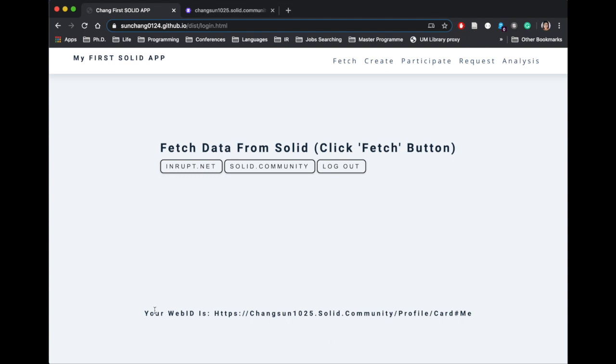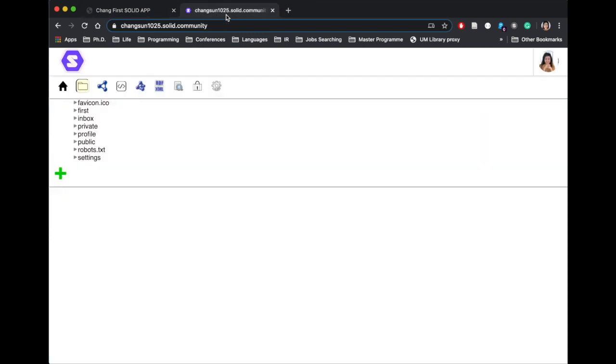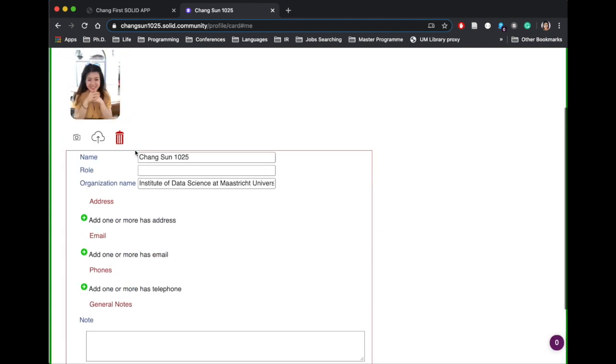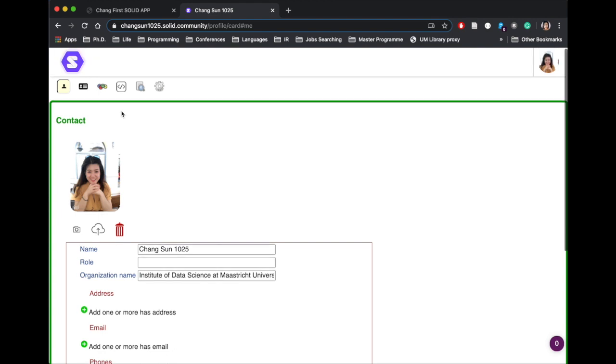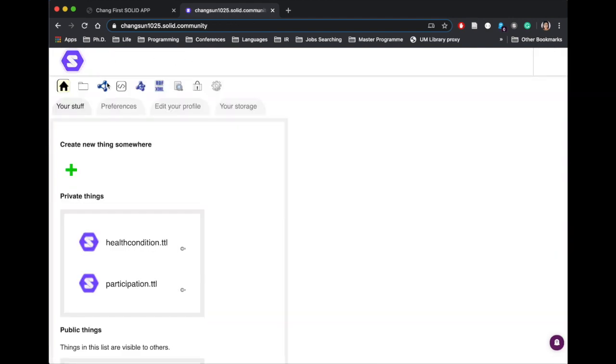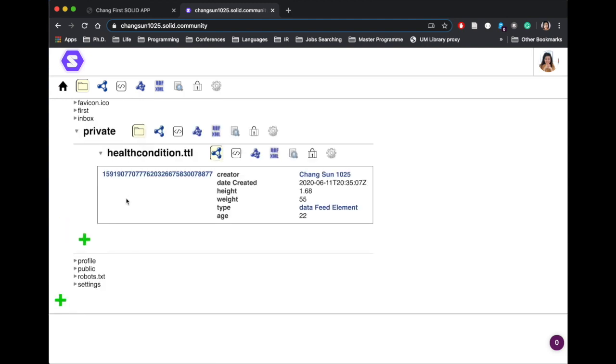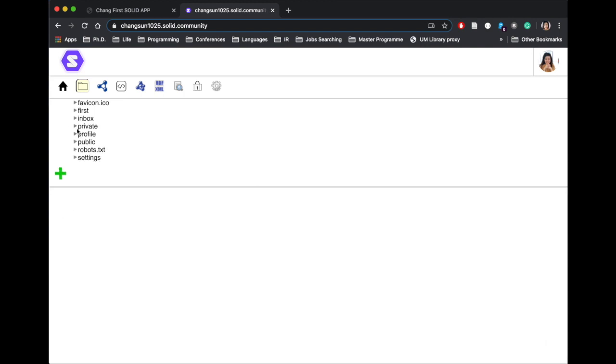So now I log in as Chang1025 on Solid community. Here you see this is my other account, and I have a different profile image here, and it's just a completely independent account. Let's see. In the private folder, I already created a health condition triple file which contains my height, weight, and age. Okay, then let's see how to participate